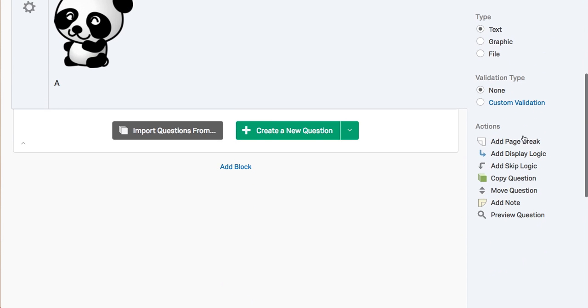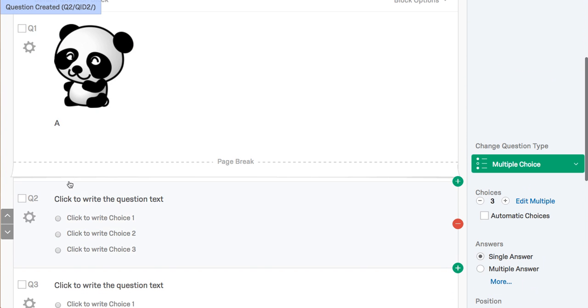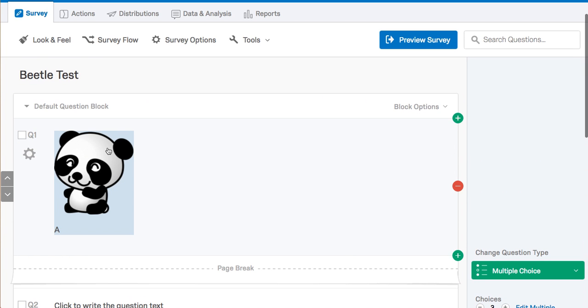Then I have a page break. And I have some questions coming after this that are relating to that image. And of course I can put the image back in here again. That's perfectly fine. So now you have 2 options when it comes to the text that actually appears under your